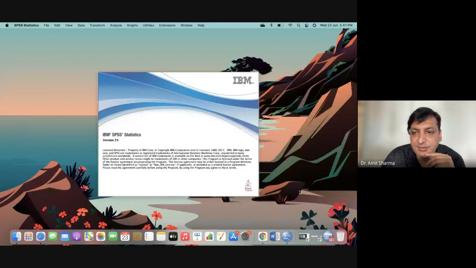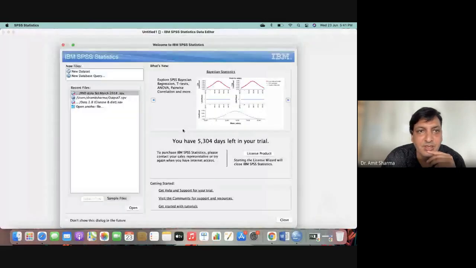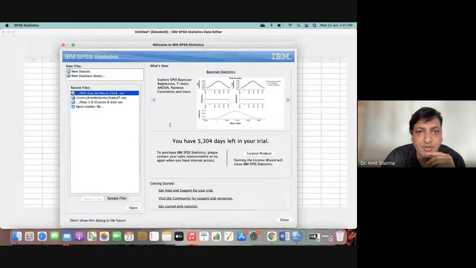Open. Yes. Yeah. Whenever you open the software, it will remind you how many days are remaining and which dataset you want to open if you have opened any file earlier. So I will go for this one. Open.